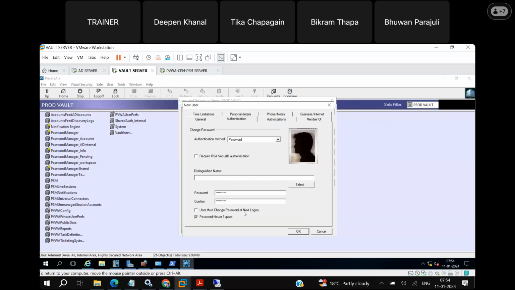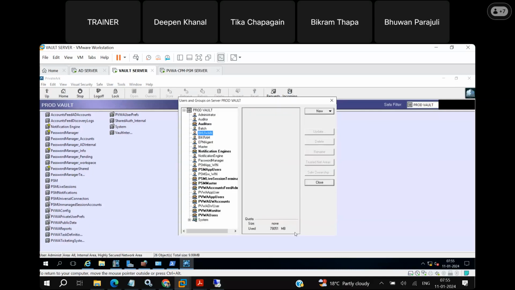If I grant this permission, user must change password at next logon. First, I will share a password with him initially when we create this account. So when he tries to log into PVWA, initially it will prompt him for a password change, meaning he can reset the password and keep it with himself. Okay, so that is this option: user must change password at next logon. Click on OK. Right. So now I have created one more user called Bhuvan,